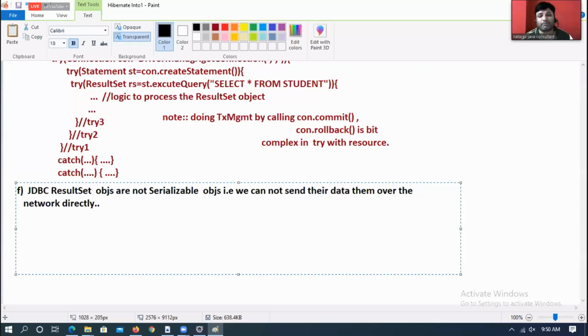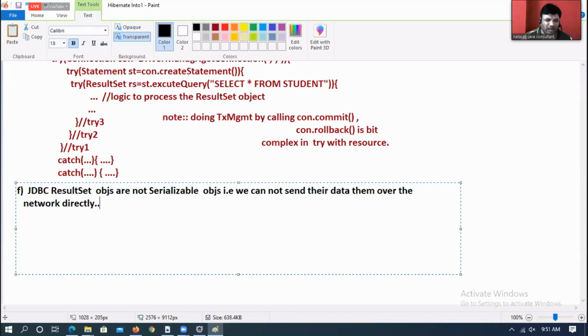Why is it a big problem, sir? Yes, definitely a big problem. Flipkart.com is talking to PayPal to do credit card payment. PayPal has talked to the bank and other places. Some data has come from the database, and that information it wants to send to Flipkart.com.